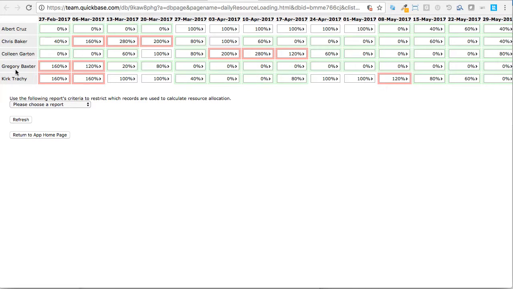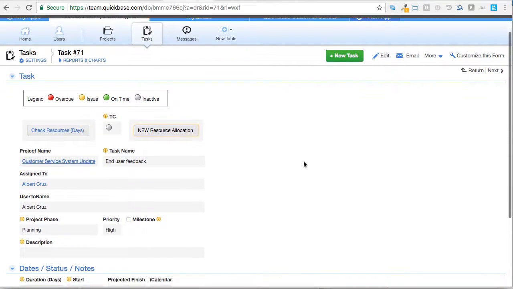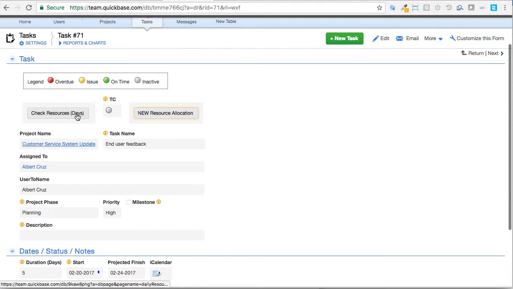So as you work with this wizard, you're going to find that there are a bunch of different ways you can use it. You can create a button that looks by day. You can create another button that looks by hour. You can look at it by percentage. You can look at it by metrics. Some people have said, I have a 40-hour week. Yes, but I only count 32 of those hours to be allocated to projects. So therefore, 100% equals 32 hours. And if somebody is already booked that way, that'll give people enough admin time